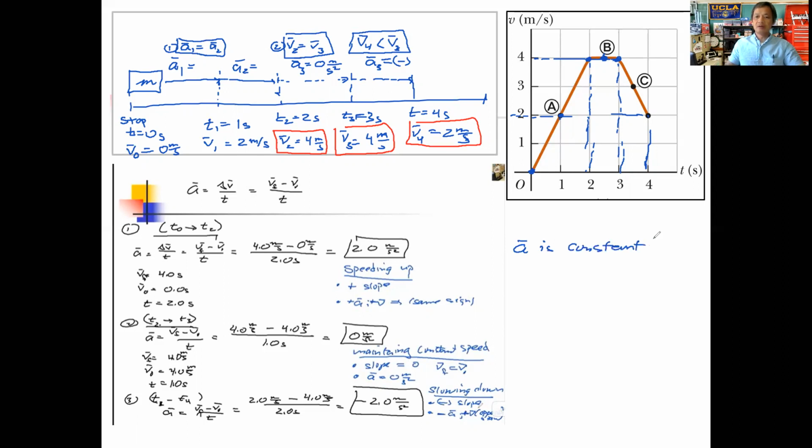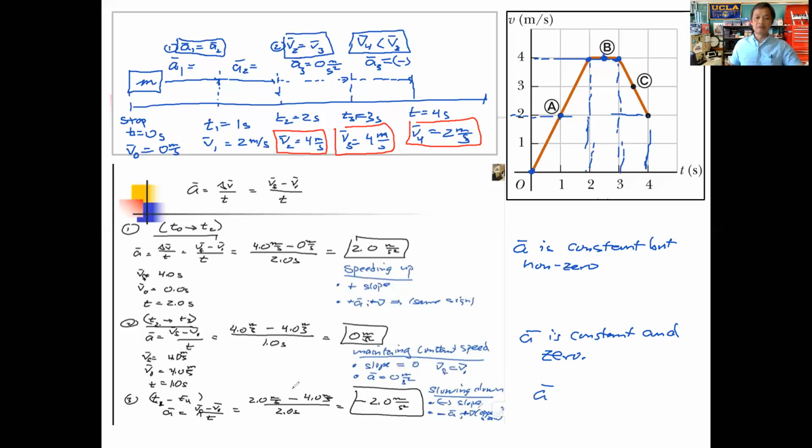It is constant, but non-zero. Okay, we can say in the second one then acceleration is constant and is 0. And the last one, as we look at it, acceleration here is